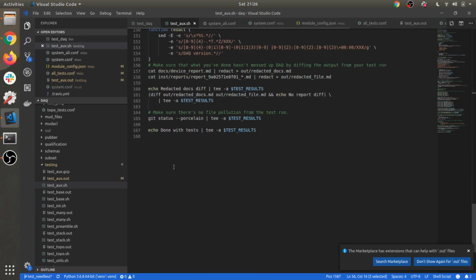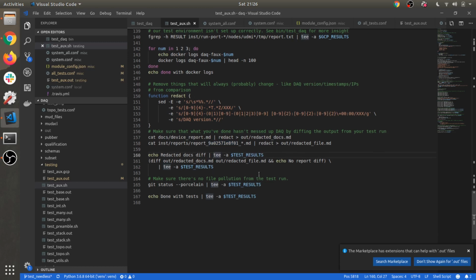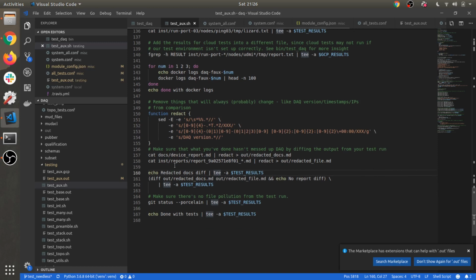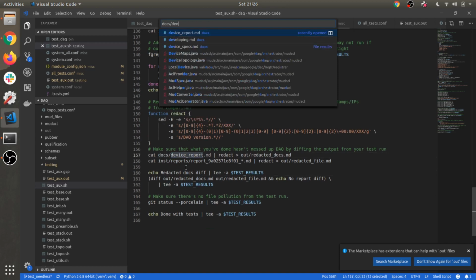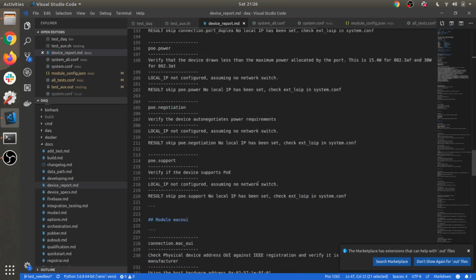But we also need to change, so Travis also compares an expected report. So there's an out redacted docs, and we are copying the report from one of the testing faux containers that Travis is spinning up. And we are comparing that against a kind of a golden version of the device report, and that golden version there is docs device report. So we have a look at that device report right here, and this is the expected output that Travis is